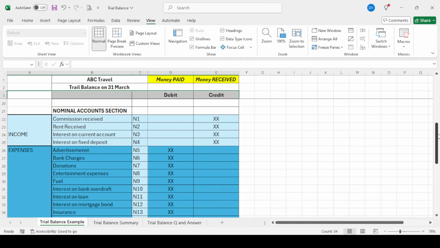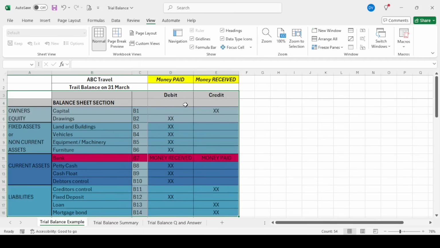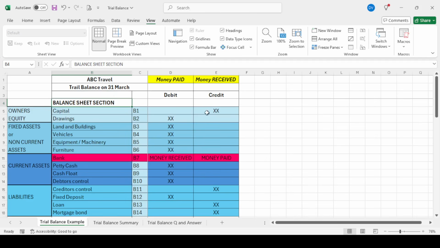And from your trial balance, you're going to use the nominal account section to do an income statement, and you will use the balance sheet section to do the balance sheet. Okay, so this is why in your textbook, usually when they say take the incorrect trial balance and draw up the correct trial balance, from there you do the income statement and you do the balance sheet. All right, that's where the information comes from. It comes from the trial balance.